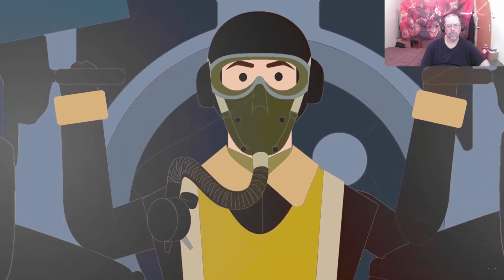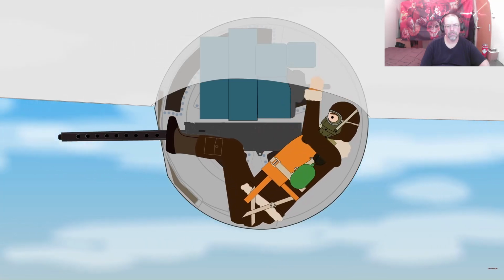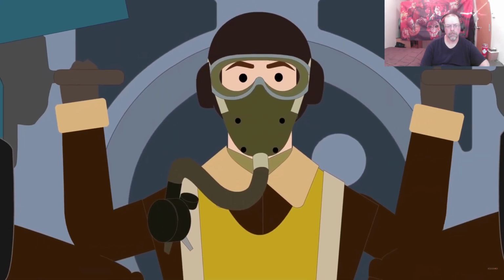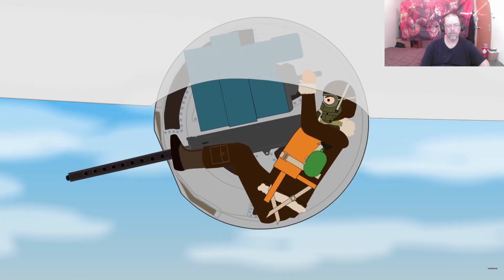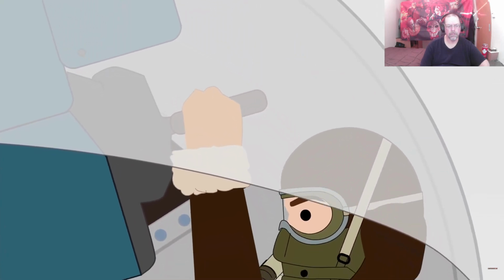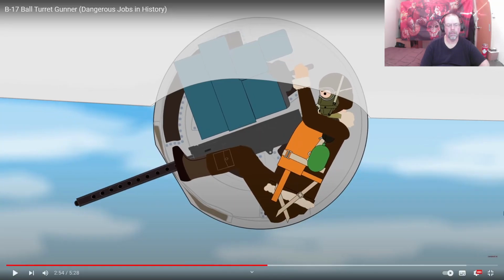The dimensions of the turret required a gunner of very small stature. Even then, the only way to fit inside was to curl up in the fetal position. The gunner was in such a position that he had to aim through the sight between his knees. In this highly uncomfortable position, the gunner used both his hands to control the movement of the turret and feet to adjust the sight. Spending hours in this...